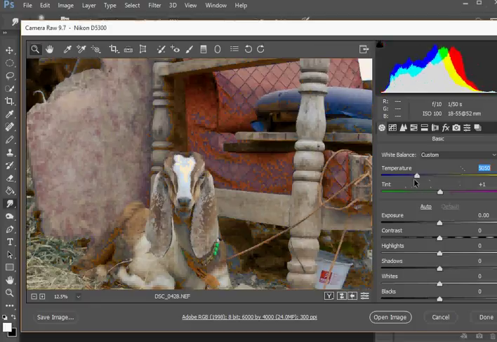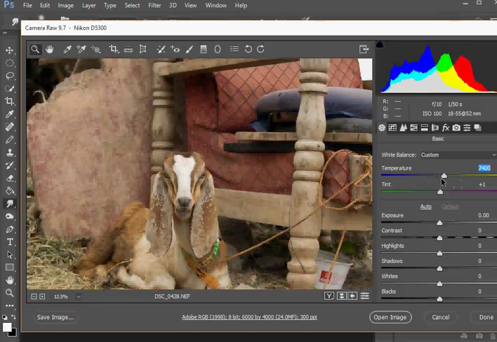Again, your taste is coming into the picture now. I normally don't go to either extent. I leave it somewhere in between. You can make it greenish or you can make it reddish. Again, that's something up to you. But I will leave it in the middle because it has both greenish and